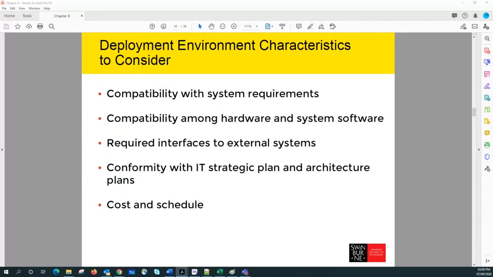All these compatibilities with the system requirements, the hardware requirements, and the external systems are very important in order to proceed with the given system. And most importantly, not only compatibility, but as I mentioned before, we need to find out whether it is compatible with the cost and the schedule structure,